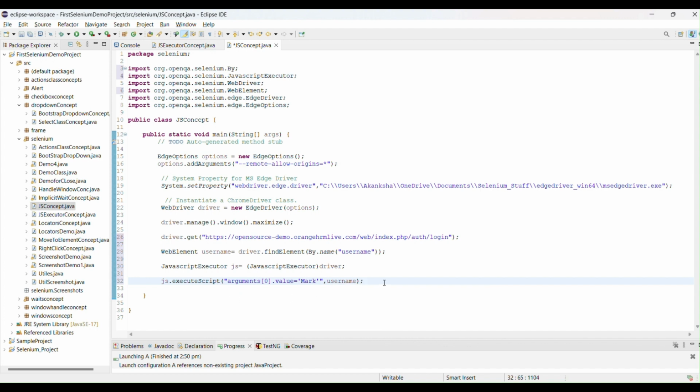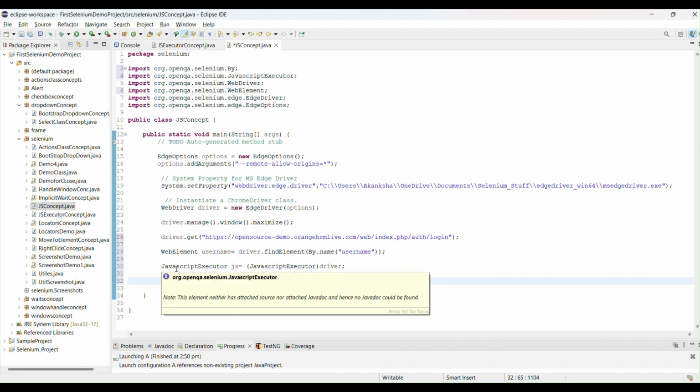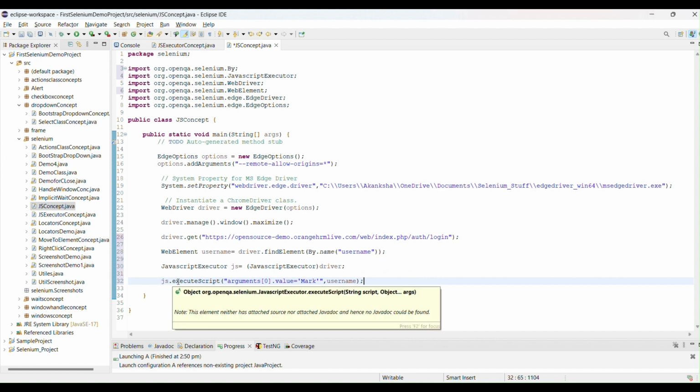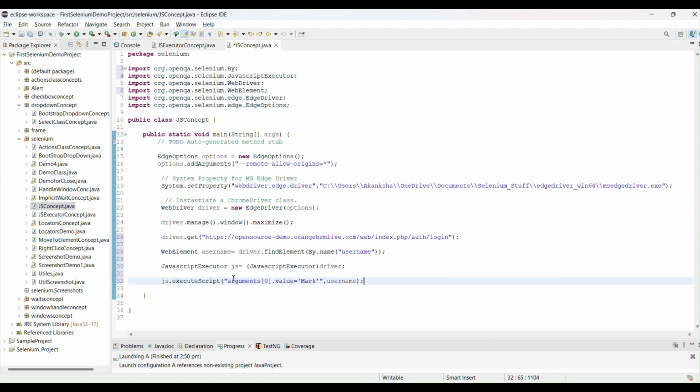So here what I did, I am creating a JavaScript executor object, then through typecast, because this is an interface, right? And then we use the JS object name dot execute script. We will use the execute script method, then we will pass the arguments. So here I am giving argument 0 dot value.